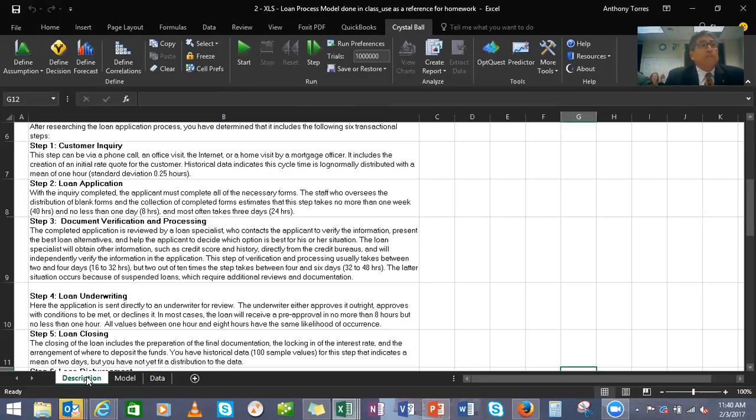Forget about the loan closing one because I created that one. And tell it that the data is in columns and the top row has headers. I'm going to do it in the current workbook. And that's it. So if I hit run,